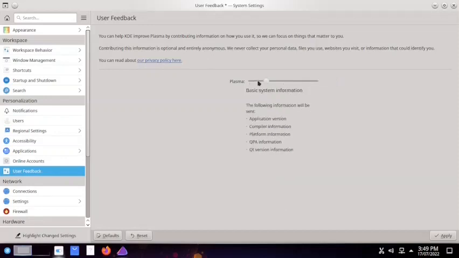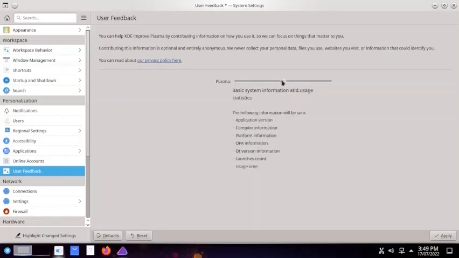So what we will do is we will share the basic system information with the developers, or we can go here. So basic system information and user status, so this is more comfortable, and it will help the developers more. So I will keep it here, so it is midway. Okay, now